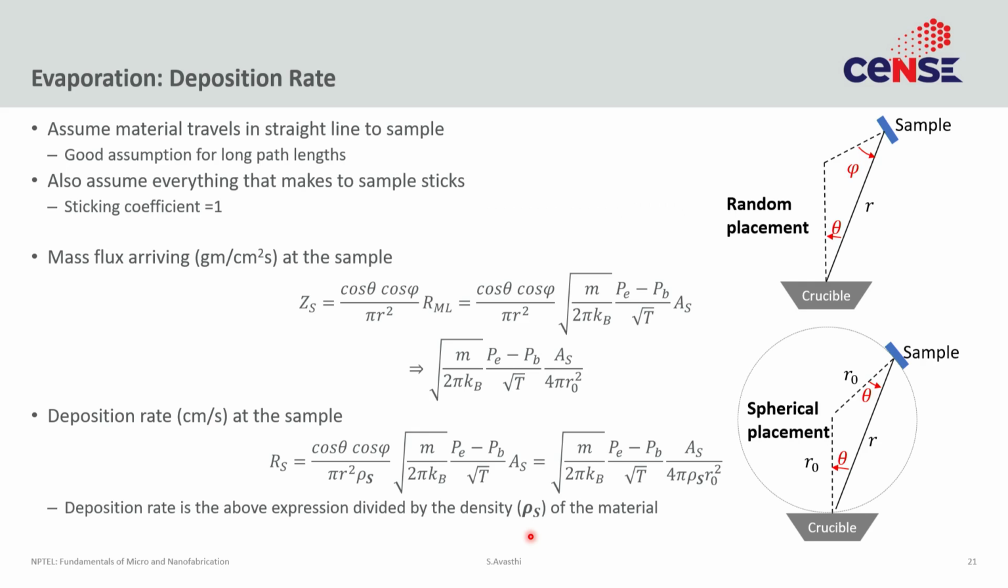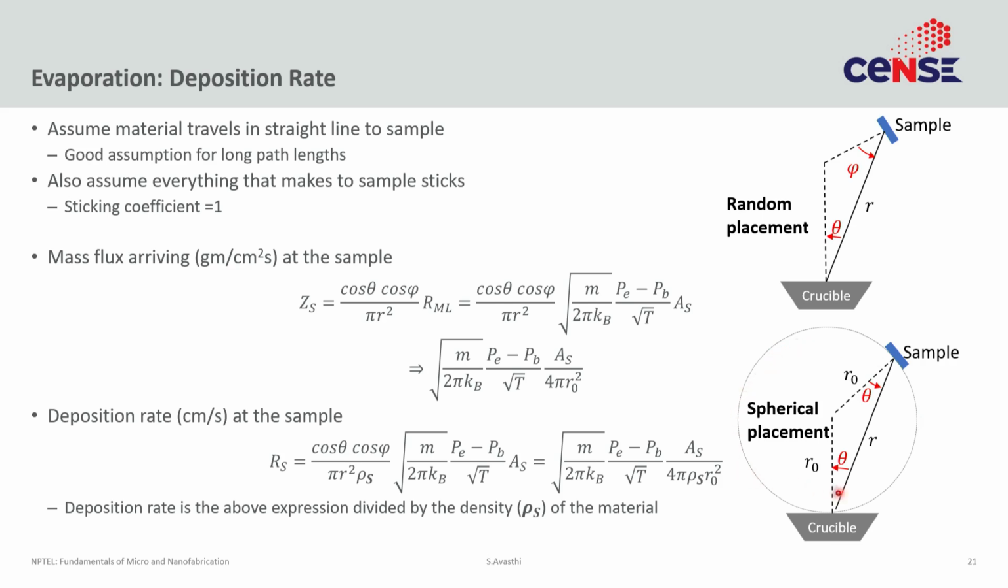A little bit of math on uniformity. Supposing you had a crucible, and for practical purposes assume that the crucible is a point source, and you have a sample mounted a distance r away at an angle phi and theta. Now the mass arriving flux at the sample depends upon the two angles theta and phi. It depends upon the radius r. I leave you to figure out the math, but if you look at the math closely, you can see that for a special case